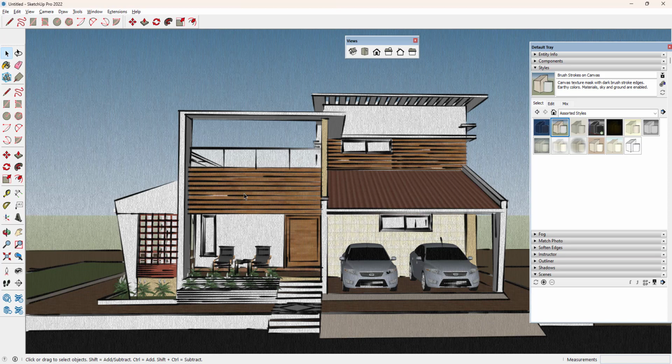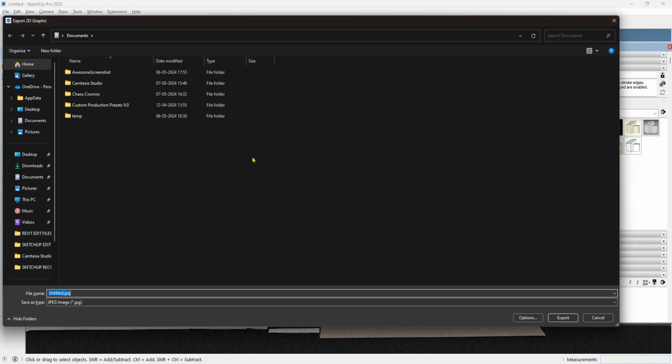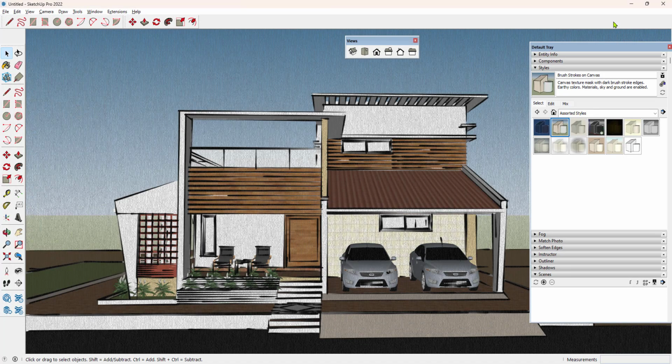Then next, if you want to export this style, you go to the File option and click on the Export option. And then, do you want to export this as a 3D model or JPG? Depending on the requirement, you switch to the option. Click on 2D Graphic, then go to the particular location and give the name, that is Front View, or whatever name you want to add, and make sure you save it as a JPG and then export it. Now I am closing it.